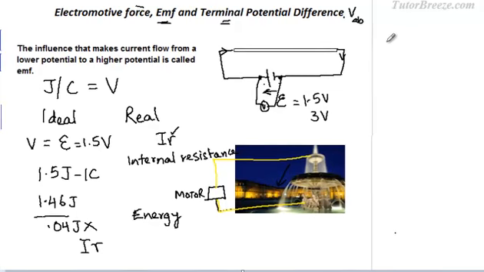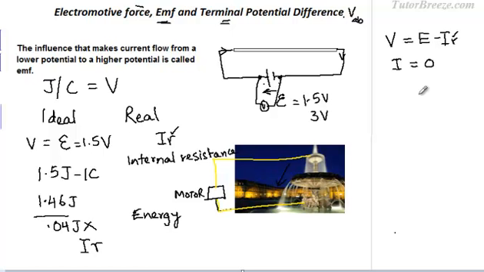Now the voltage drop across the terminals of the cell, V, can be written as E minus Ir, where E is the EMF and Ir is the voltage drop due to the internal resistance r of the cell. Now, in case of an open circuit, you would have the current equal to 0. An open circuit means current is not flowing through the circuit. So in that case, the voltage across the two ends of the terminal will be the EMF of the cell.